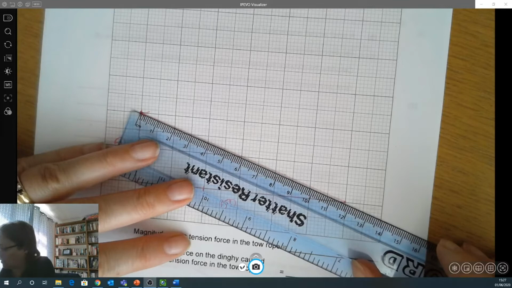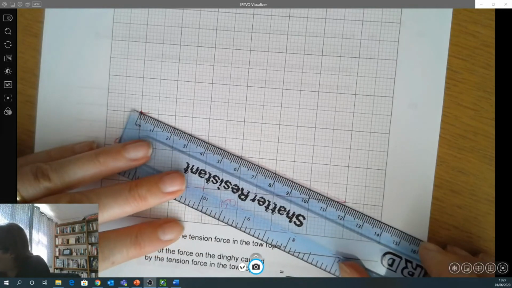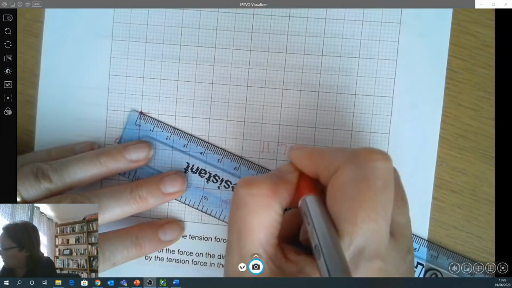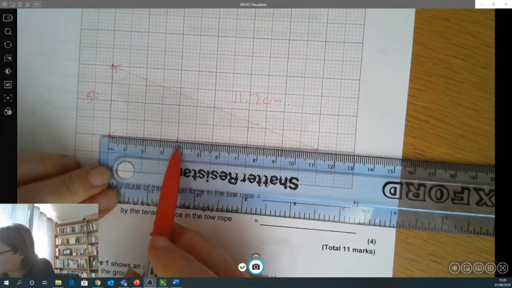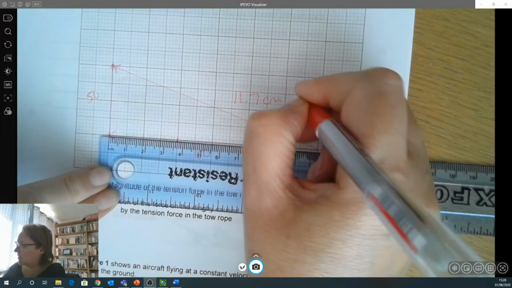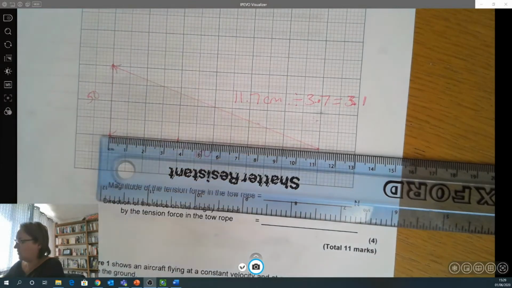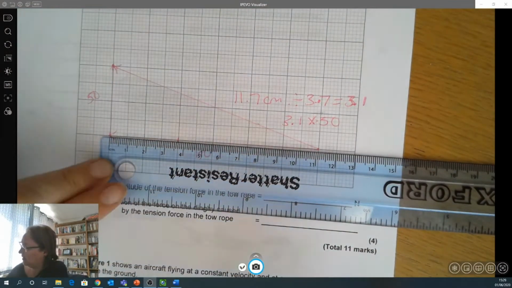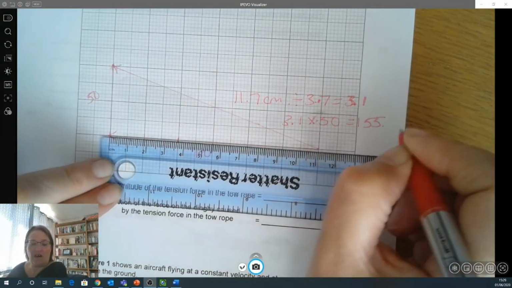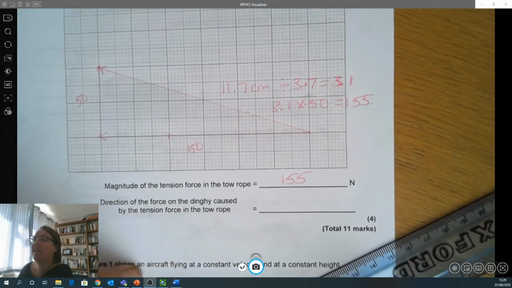I'm getting 11.7 centimetres. So 2 squares, 3.7 centimetres, was 50. So how many lots of 50 have I got? I've got 3.1 lots of 50, which is 155 newtons. Again, we're all going to have got quite different readings for that, particularly because if you've printed it